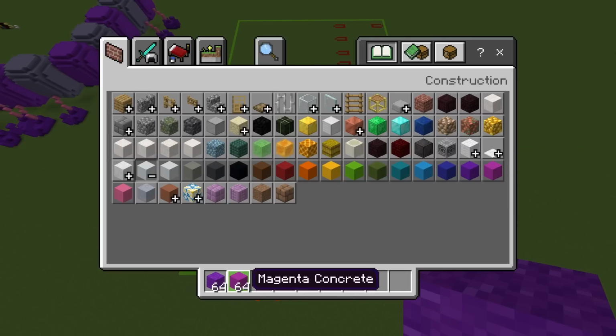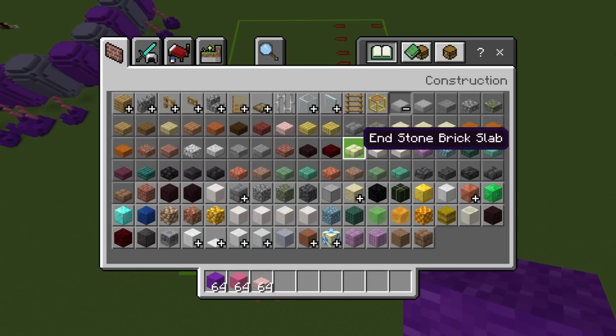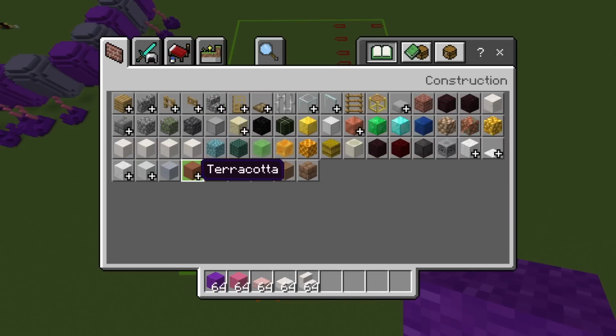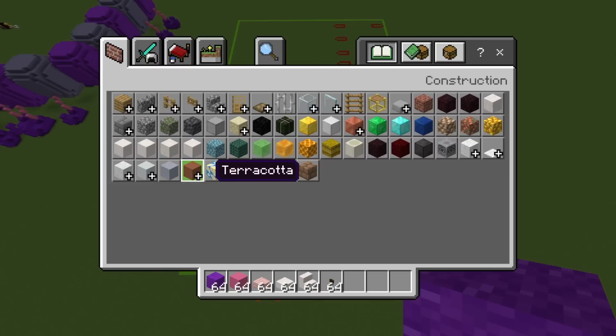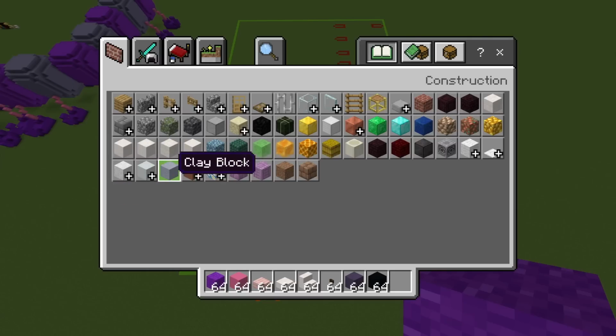Pink concrete, that's not even pink, I grabbed the wrong thing, cherry slabs, smooth quartz slabs, smooth quartz stairs, dark oak buttons, blue terracotta. Sorry, you do need light blue, but I'm going to wait a second to get it. You'll see why. What's the other thing we're missing? Oh, yeah, black concrete. And then I'd get a light blue terracotta last,